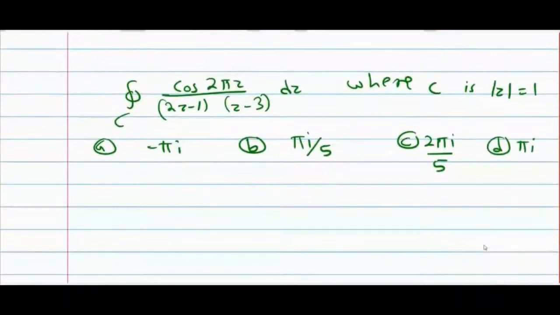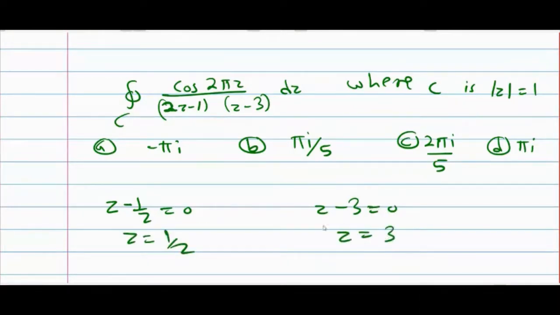This one, here you must take this 2z minus 1 is there, you must take this 2 common first. तो वो कॉमन ले लो, तो ये टर्म हो गई z minus 1 by 2. This we will calculate at z minus 1 by 2. So 2 points we have to check. First point is z minus 1 by 2 equal to 0. Second point is z minus 3 equal to 0. So points are z equal to 1 by 2, z equal to 3. Now check which is inside, which is outside, and 2 you have already taken common.